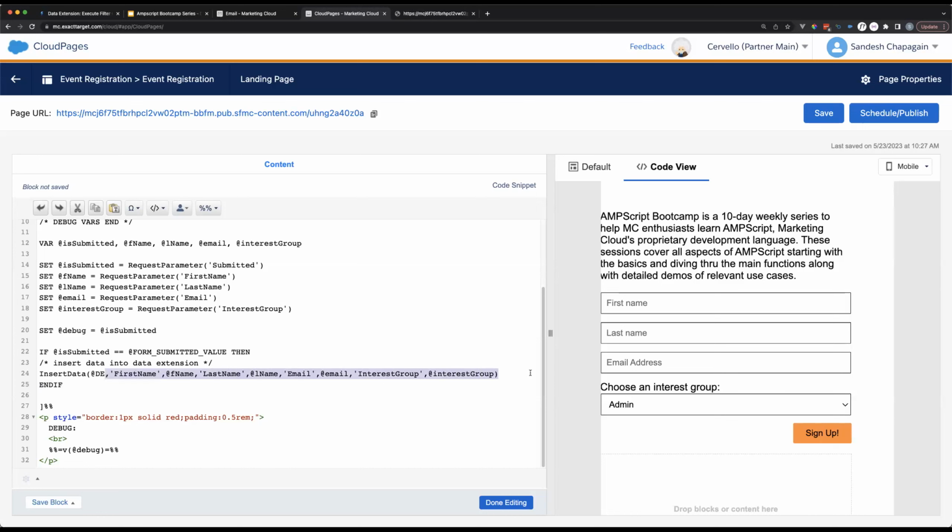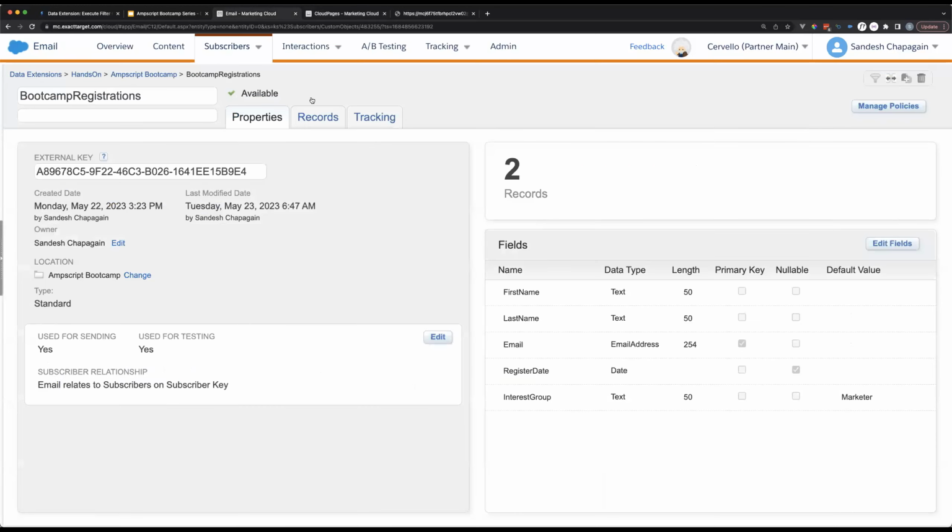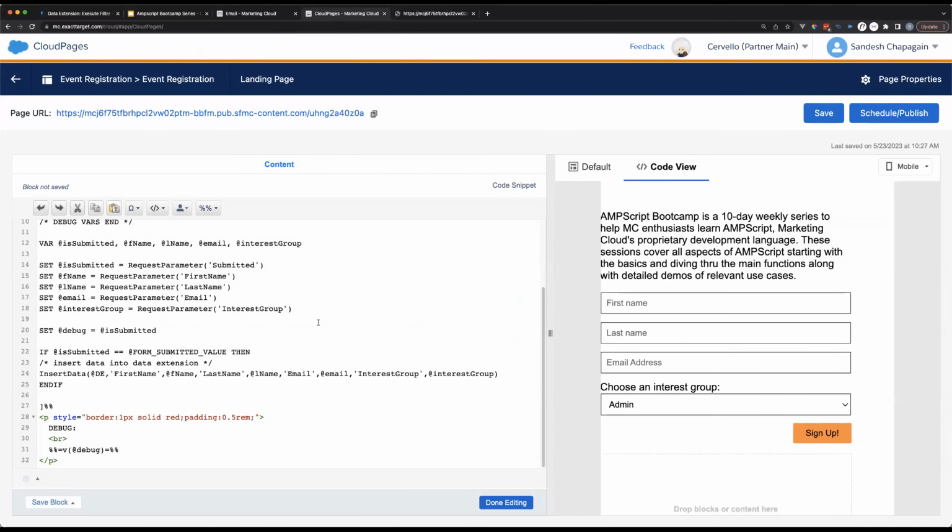Now this should post something to our form using the insert data function. However, we don't yet have one of the fields. You remember, we got first name, last name, email, and interest group from the form, but we don't have the register date. And this is not something that we ask users. This should be something that the system provides.